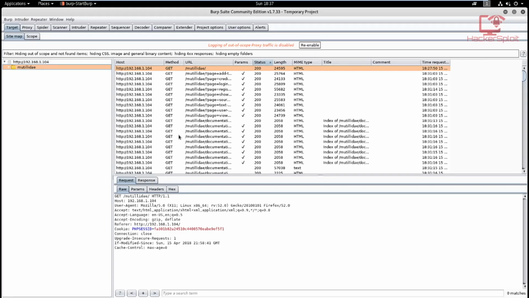Now, since you know this knowledge, this will help you get a solid foundation, and again, you can start logging out of scope proxy traffic when you want. Again, that's very nice that they add that button right over there. All right, so now you only have the files that you require, or the files that you're currently performing the